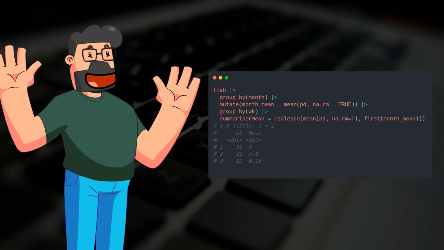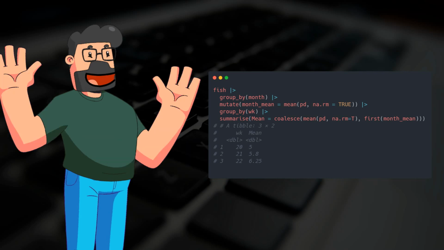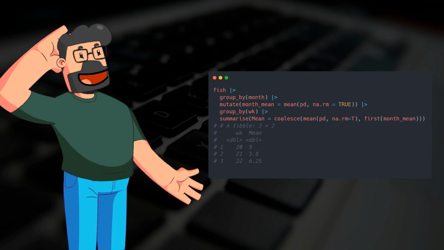We start off by grouping the data by month, and then calculating the mean for each month while creating a new column called month_mean. Next, we regroup the data by week and use the coalesce function to combine the weekly mean with the first month's mean for week 21. This approach ensures that week 21's mean is calculated based on the month's data, resulting in a final mean of